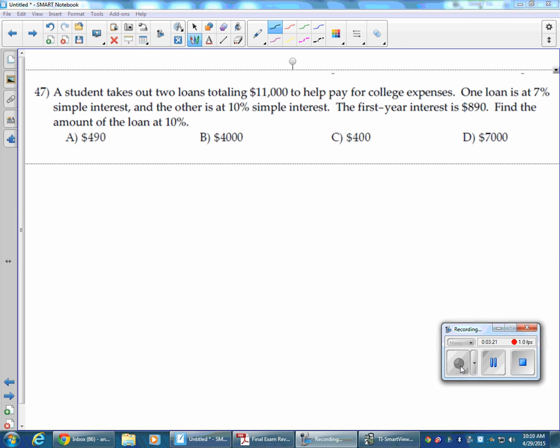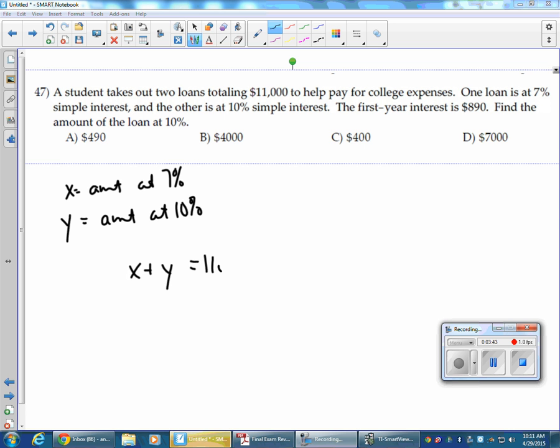Okay, this is another system of equations. A student takes out 2 loans totaling $11,000 to help pay for college expenses. So one is at 7%, so I'm going to let x be the amount at 7%, and then the other is at 10%. It's just simple interest. Y will be the amount at 10%. So since he took out 2 loans totaling 11,000, x plus y equals 11,000 will be one equation, and then